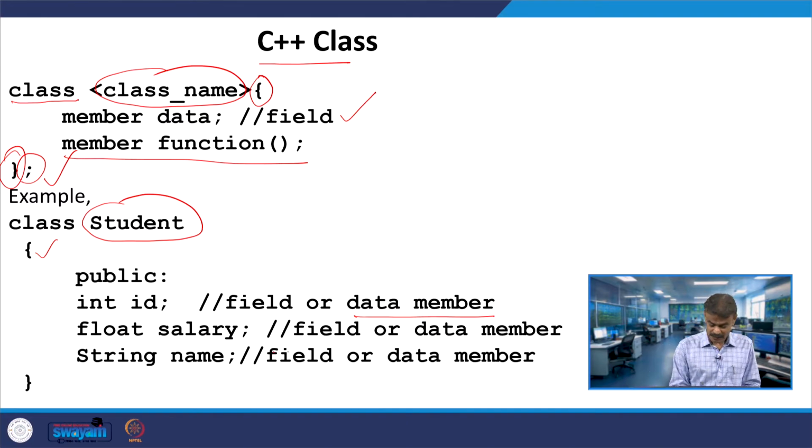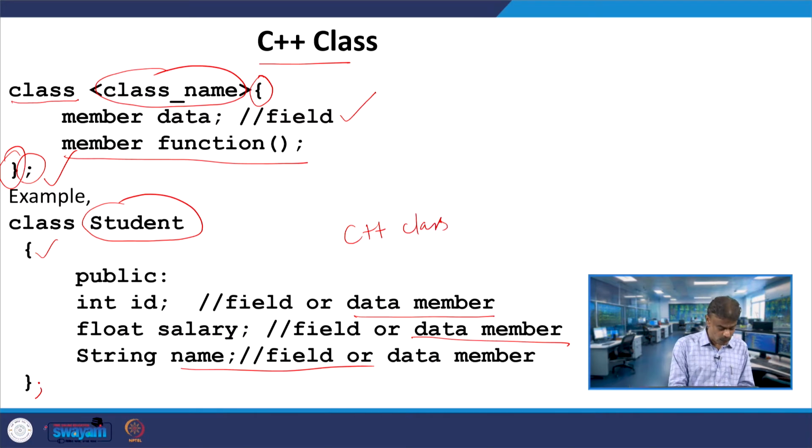Float salary is another data member, or you call it a field, and string name. In the case of C++ you put the semicolon here. I purposefully did not put it because I want to distinguish the C++ class and Java class. If I put the semicolon, you call this a C++ class.